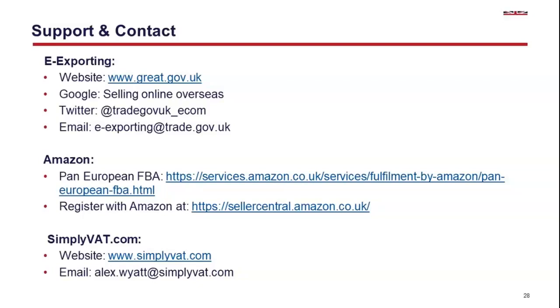Obviously, as Alex has just gone into, there are implications for doing this program. So it is best practice to have your VAT numbers in place, and then you can start going with it. The main advantages are that you're going to be paying the lowest cost possible for doing European FBA, and you're also going to be increasing the chances of having the next day delivery promise, and